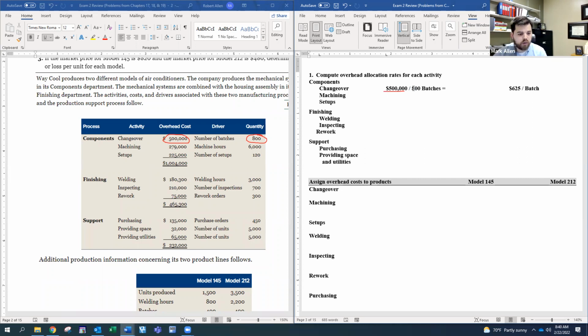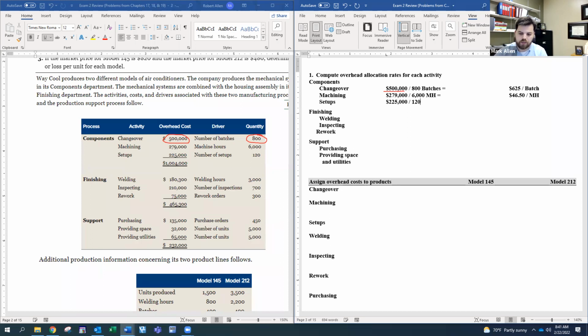Now, for the machining department, we're just going to continue coming down. In this case, that's $279,000 divided by 6,000 machine hours. And when you do that, that comes out to $46.50 per machine hour. Now for setups, same thing. We're going to just continue coming down that cost column,